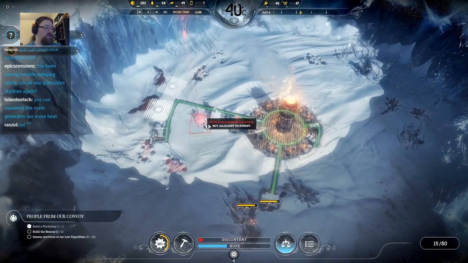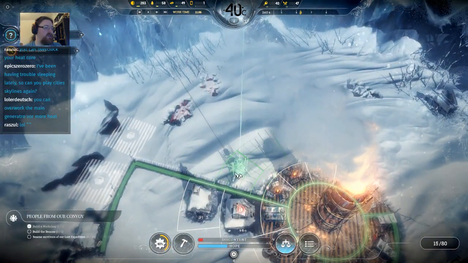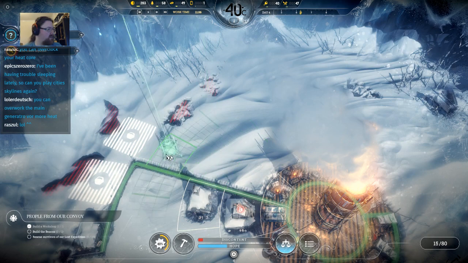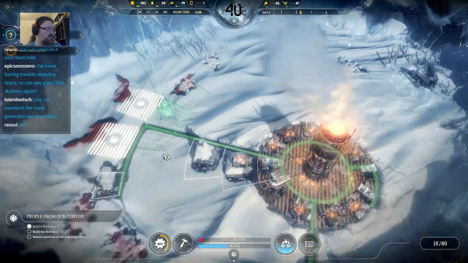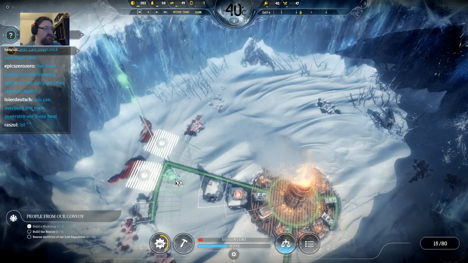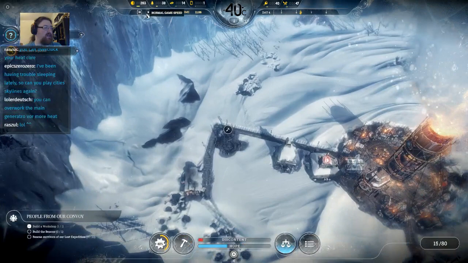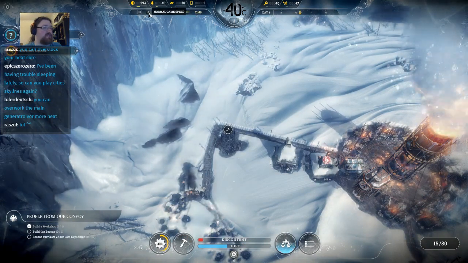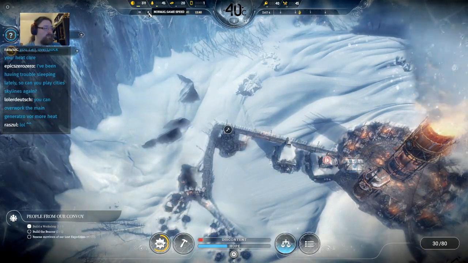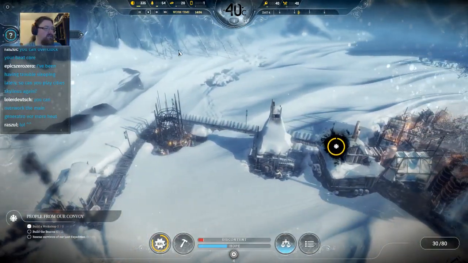Let's build one like... I suppose let's actually build one. Do these actually need to be near the place, actually? I forget. Let's build it out here, I suppose. So that'll get a beacon out, so we can actually get some scouting done. That way we can try to find these lost people, because we do actually...